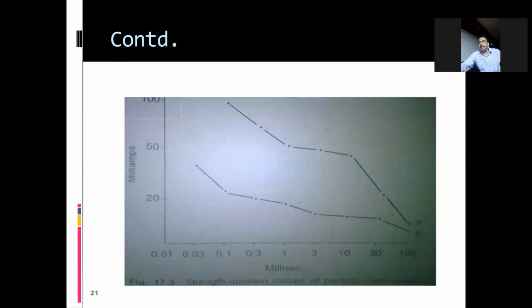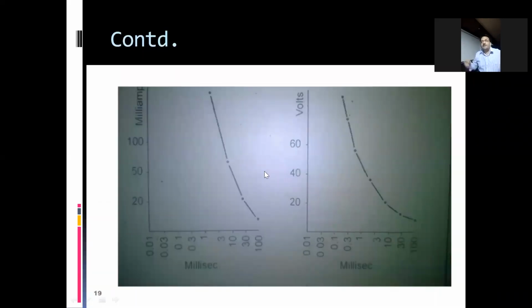Now the second graph: if immediately after 300 or 100 or 10 the graph rises steeply, then it shows that the muscle is denervated, in case of paralytic muscle. And the last graph is for partially denervated and partially innervated muscle.